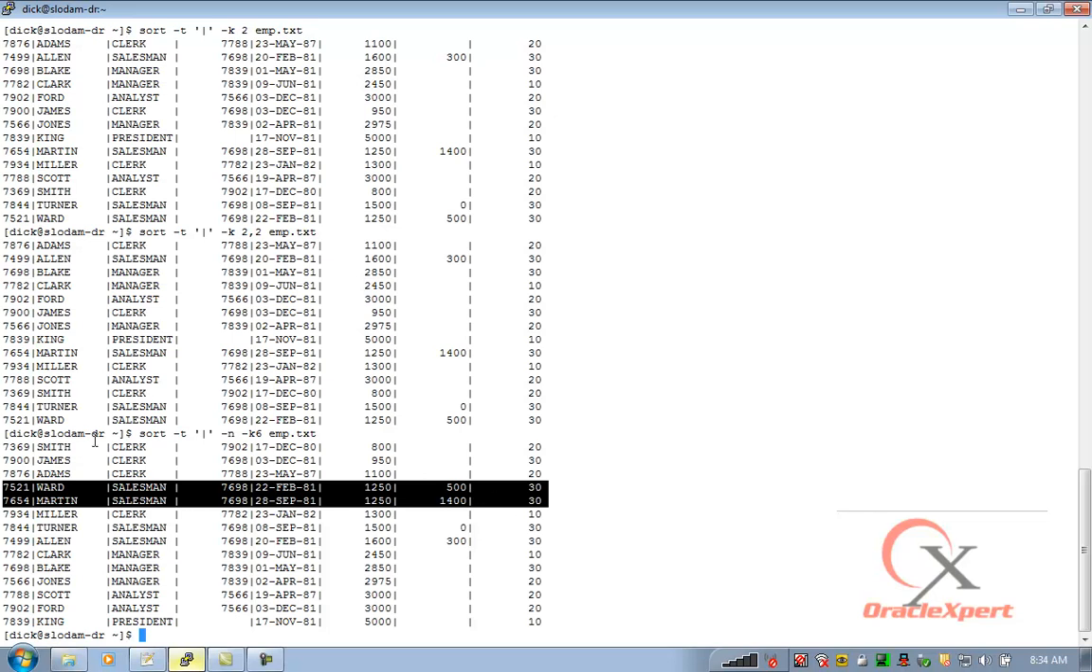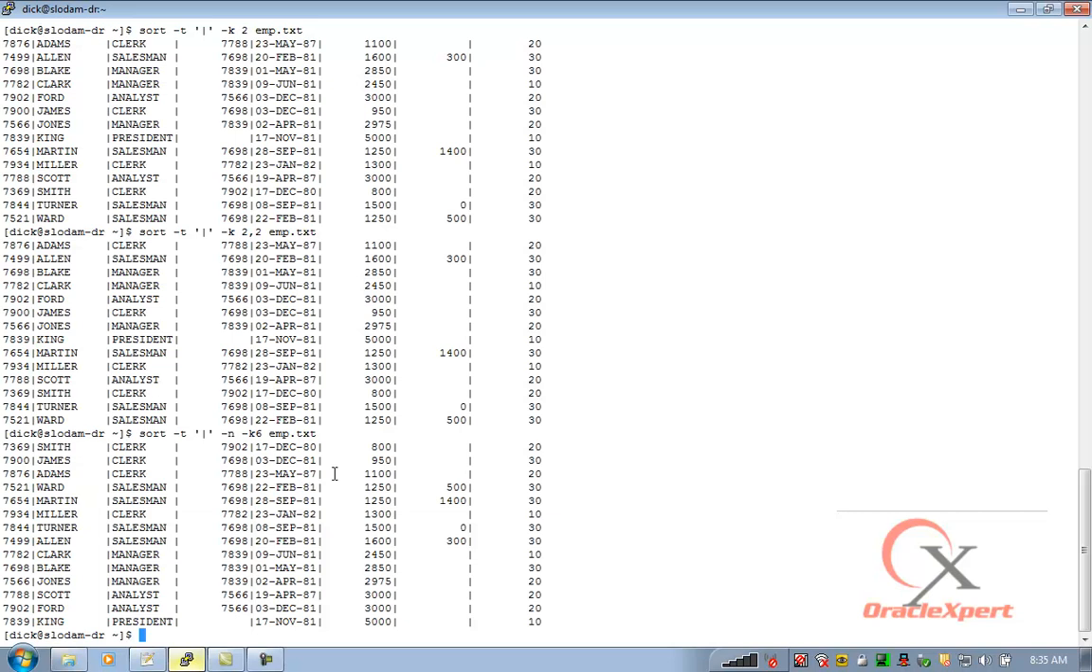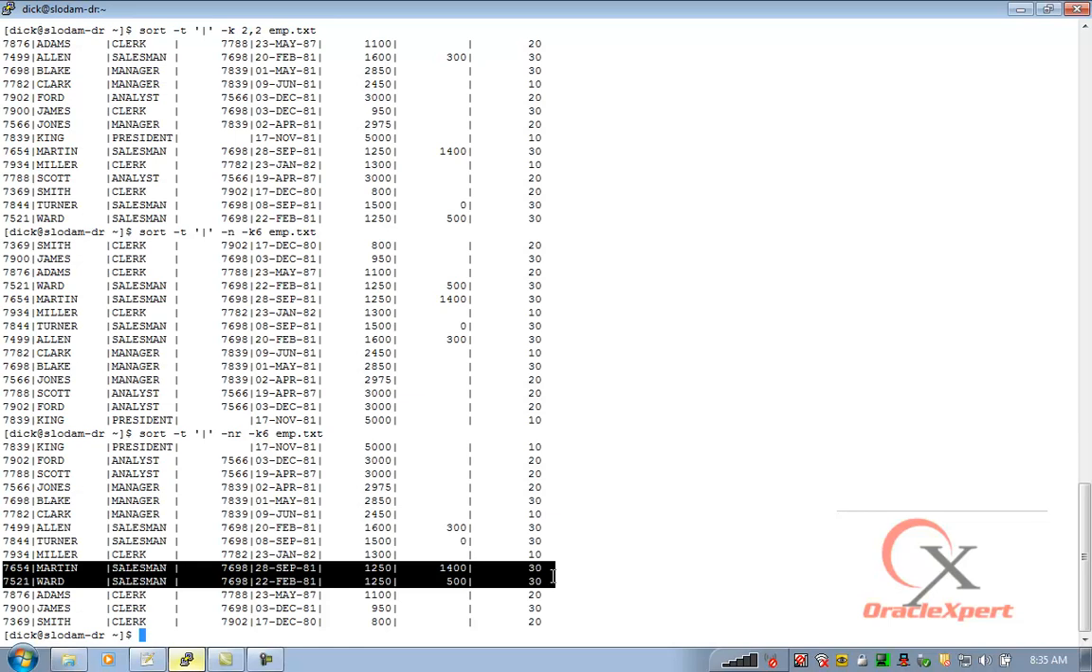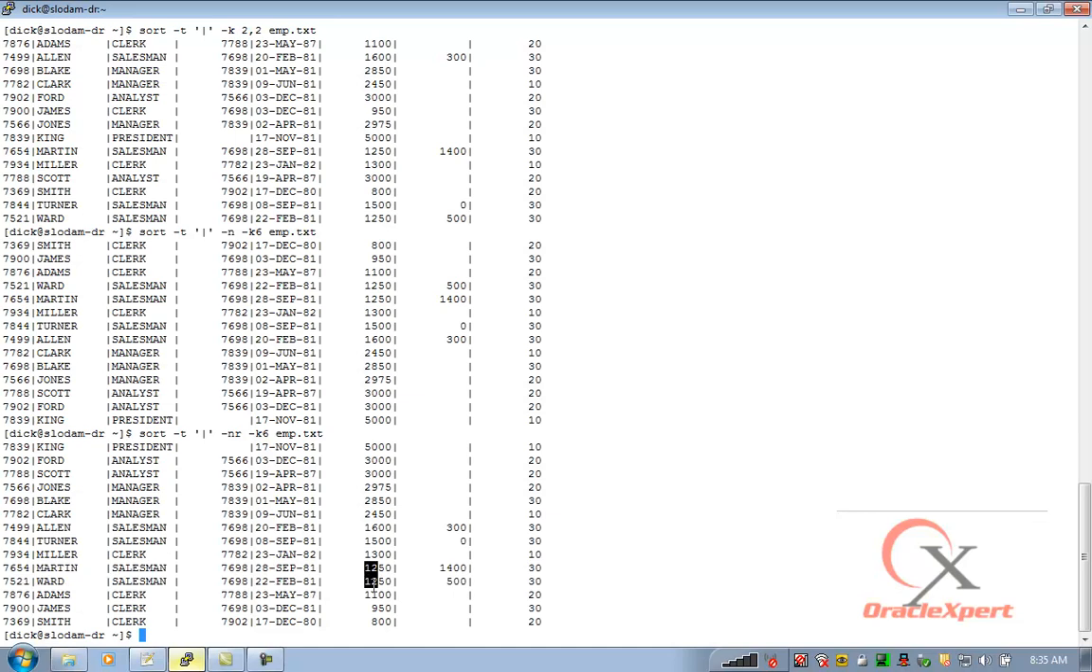Now what if I wanted to, so it has sorted on the salary column from the lowest value to the highest value, basically an ascending order for numeric sort. What if I wanted to do this in reverse? Simply put -n to indicate a numeric sort, -r for a reverse sort, and then mention the field. In this case, the whole of the salary was sorted in a different order. Here, Ward's record is below Martin's record in the reverse order, although their salary appears to be the same. What if I put